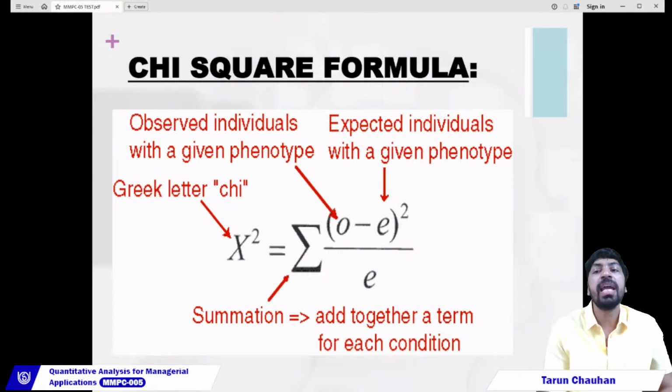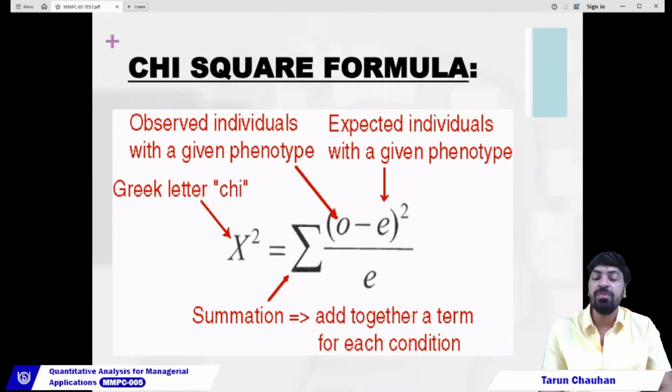E stands for expected frequencies, or the expected individual with a given phenotype. When we subtract these frequencies, square the value of the difference between the observed and expected frequency, and divide by the expected frequency,